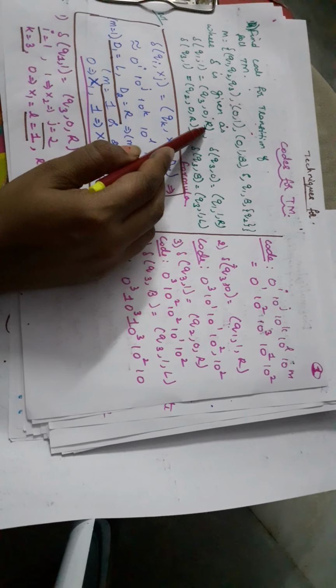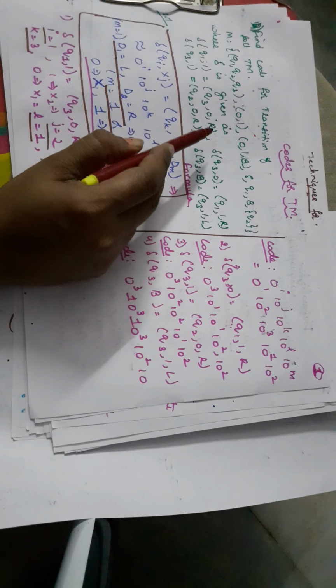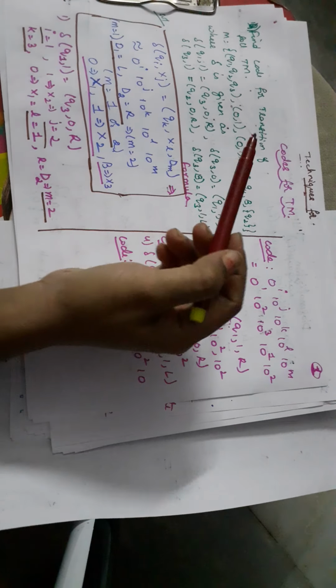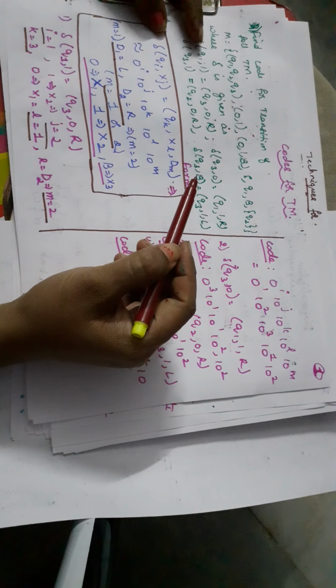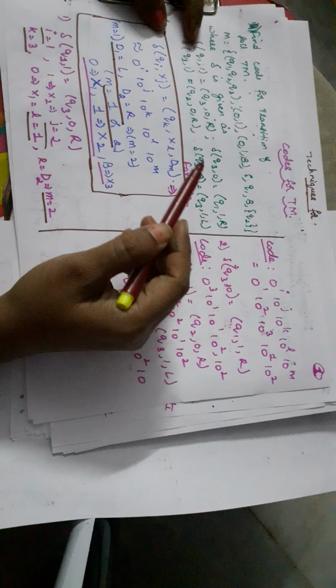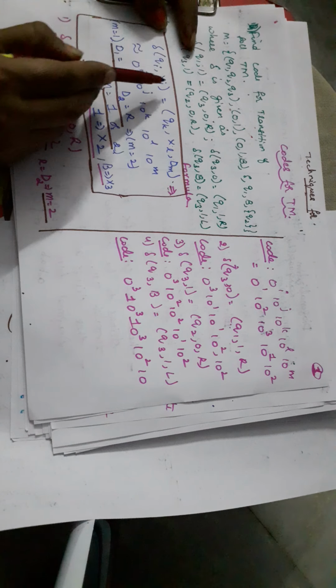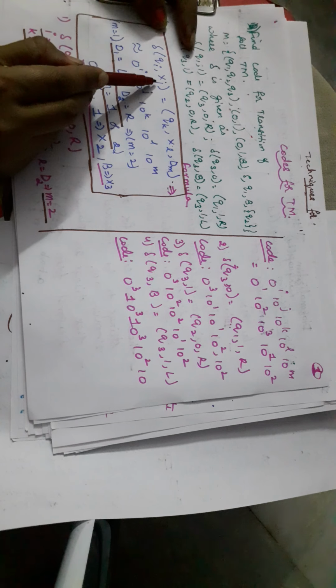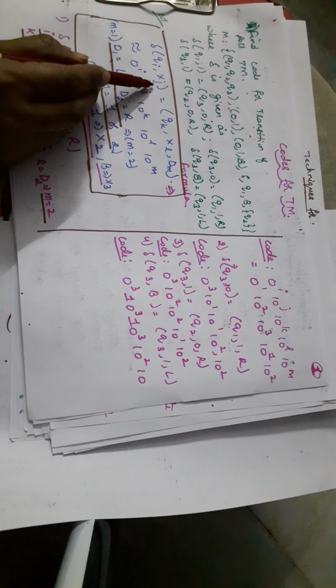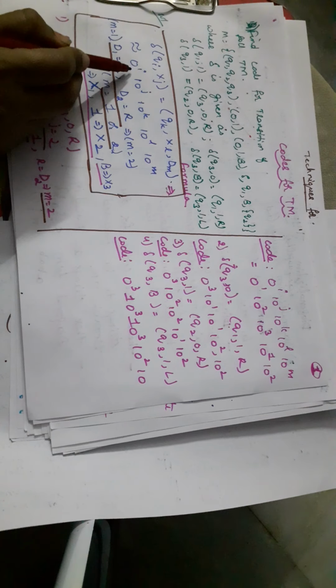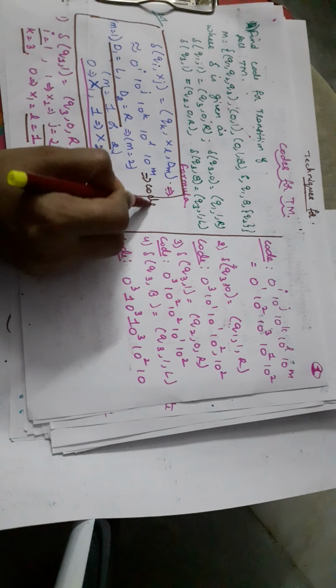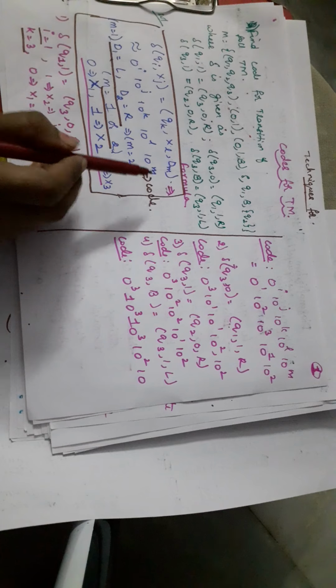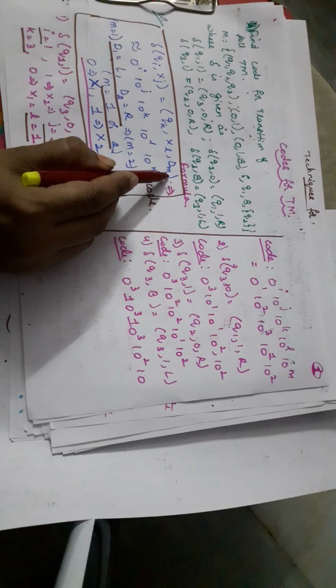Whenever a transition move is given, it is encoded using this formula. So we need to compare the transition with this one. Whatever is present on the left side after delta, we write as Qi, and whatever symbol is there, 1 or 0, becomes Xj. Then Q3 will be Qk, and the 0 or 1 that is there becomes Xl. L, R or B become Dm. Now whatever I, J, K, L, M values we find, we have to write in terms of the code. This is the actual code we have to write. For writing this code, we need to identify what I, J, K, L, M are, and we identify them by using this formula.